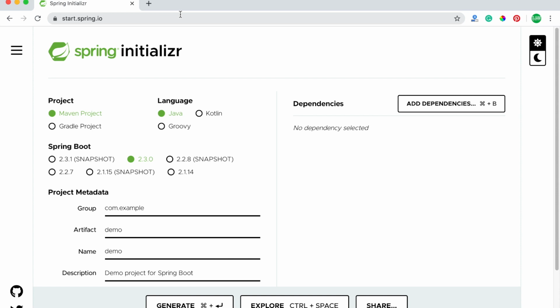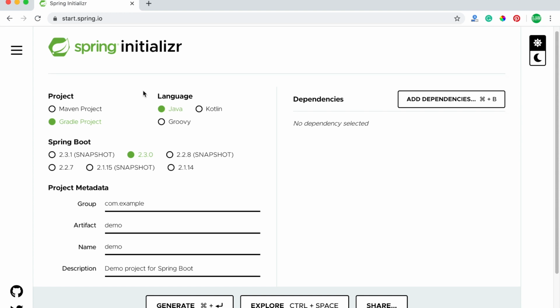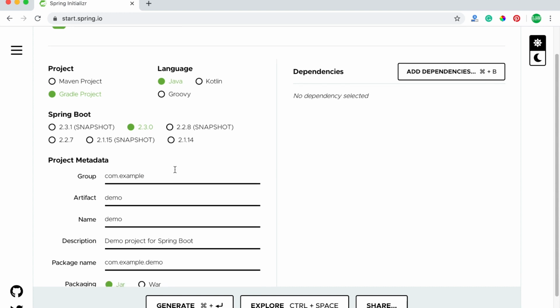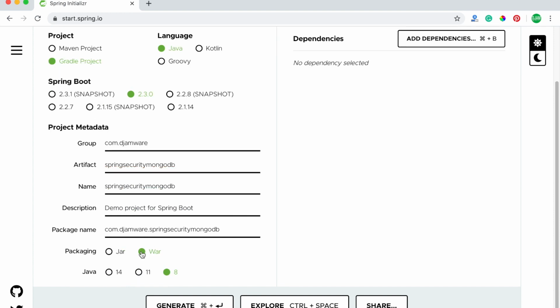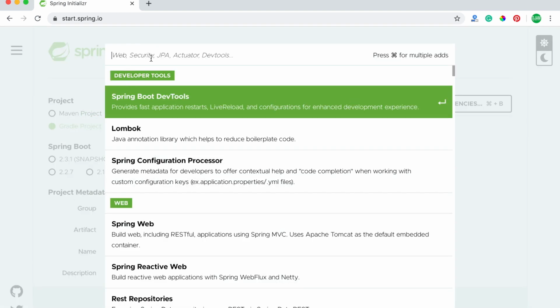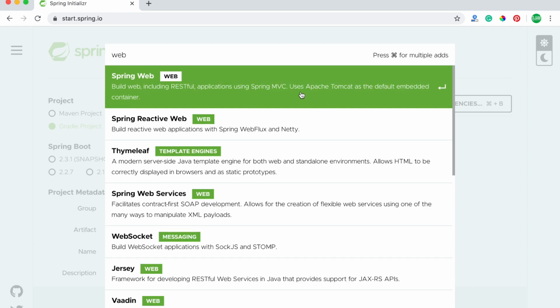then fill the required frameworks and libraries or dependencies. Choose the project as a Gradle project, language using Java, Spring Boot version 2.3.0, metadata com.jamware. Artifact name is the application name, Spring Security MongoDB. Packaging using war, Java using version 8, dependency, search for web using Spring Web,